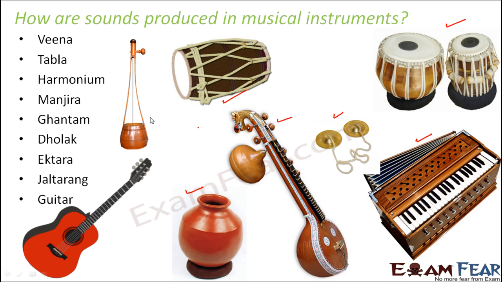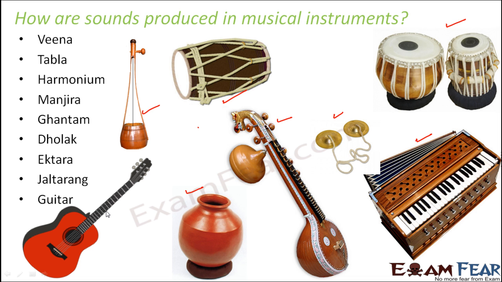This is ek tara. Why is it called ek tara? Tara means nothing but string. Ek is one. So this instrument just has one string. You can see the one string prominently, and that is why it is called ek tara. Due to the vibration of this one string, it is going to produce a beautiful sound. Guitar, as you can see here. These are some of the instruments which each produce a very unique sound, and as I mentioned,